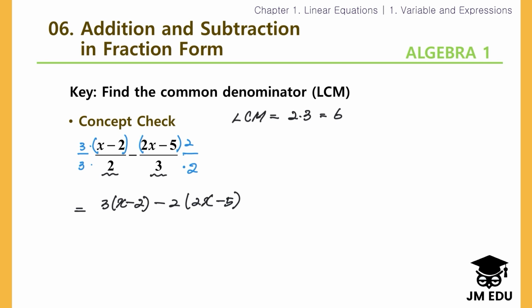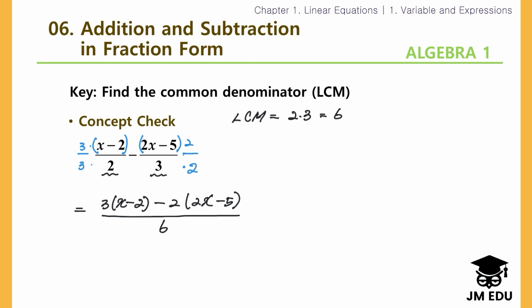If we have more than one term in the numerator, then make sure we use parentheses to multiply this number by all of this. So don't forget to use the parentheses. So this is our numerator and our denominator. Common denominator is 6,